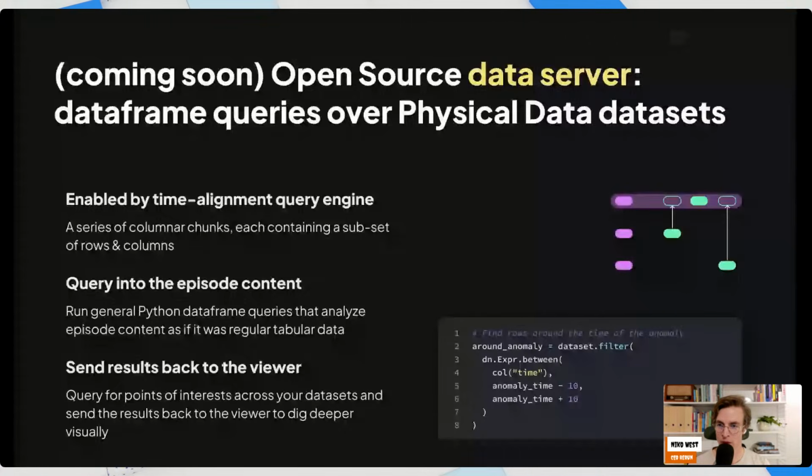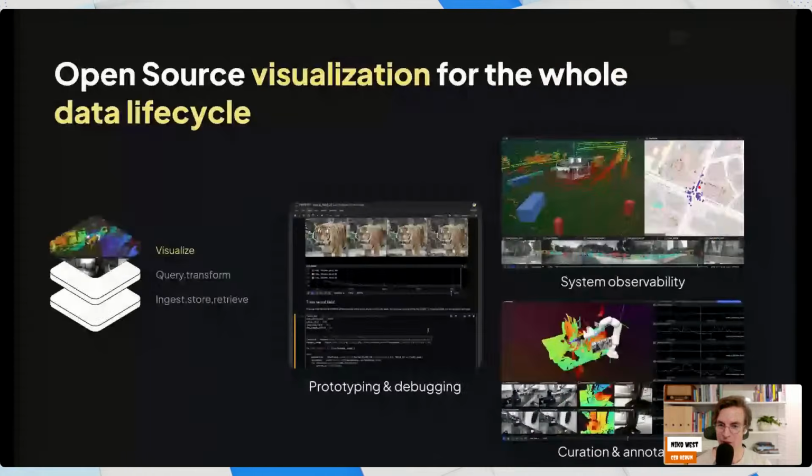And I think, if not most, and very importantly, the open source visualization. So we designed Rerun from the beginning to be the whole data life cycle. We want to be incredibly easy to flexibly prototype what you're doing in a Jupyter notebook or in a quick Python script that you have, and it should just be super light to visualize and understand it over time.